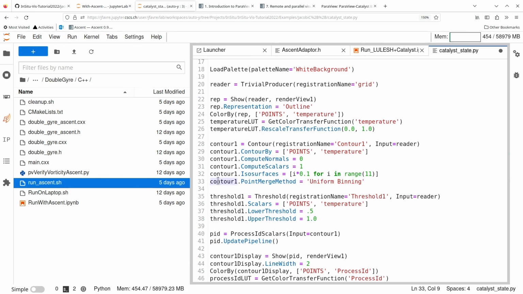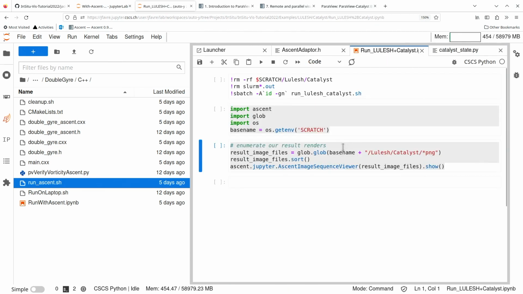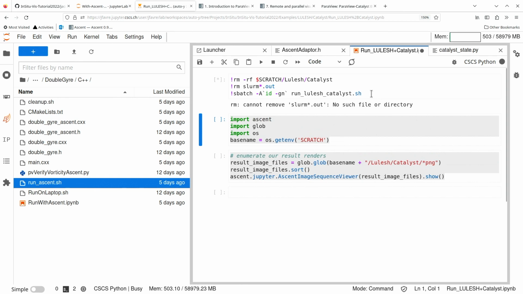Now instead of coloring the contour ISO line, I will color the threshold. So I take this and I replace it as input to the process ID scalar. If I save this and run my script again,